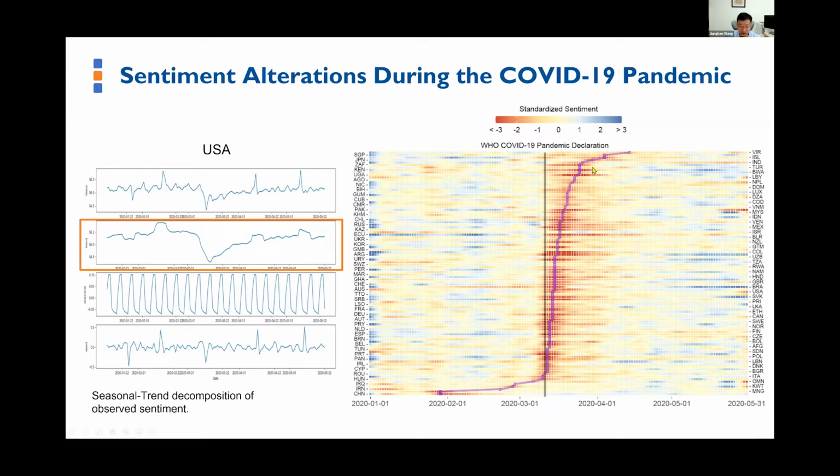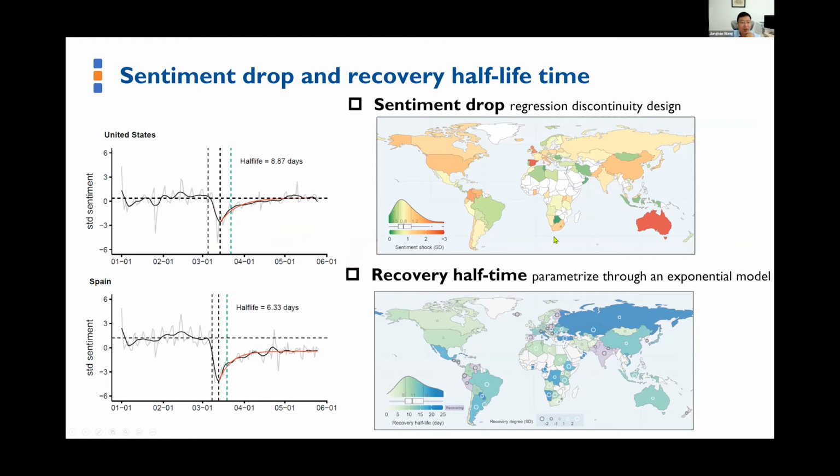That is the lowest point of each country. For example, the first lowest country is China before the Spring Festival, but most of the countries suffered after WHO announced COVID as a global pandemic. So it's clear to see the sentiment